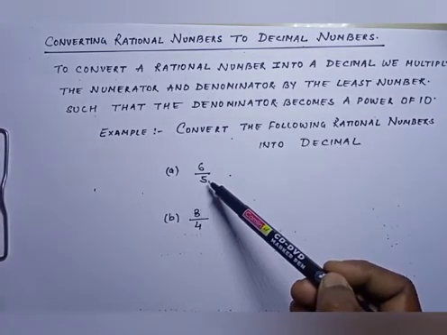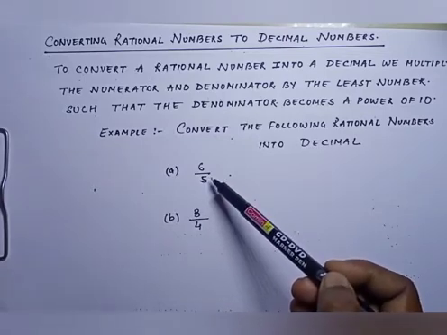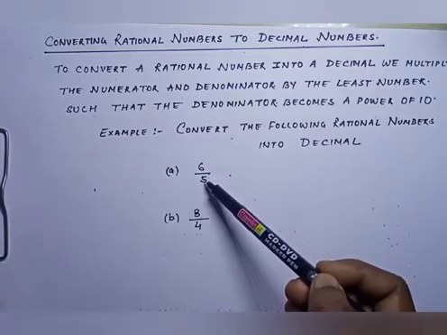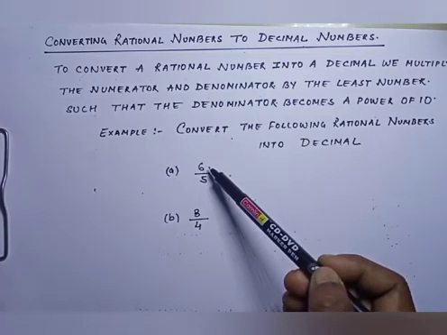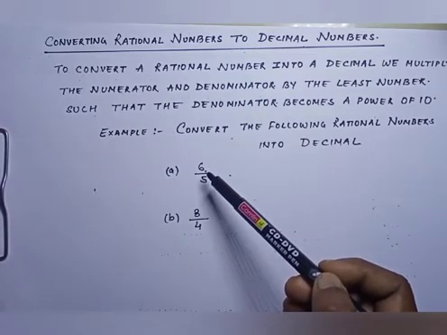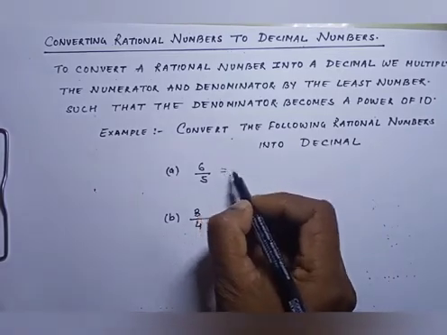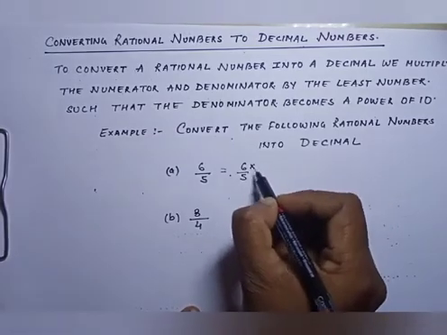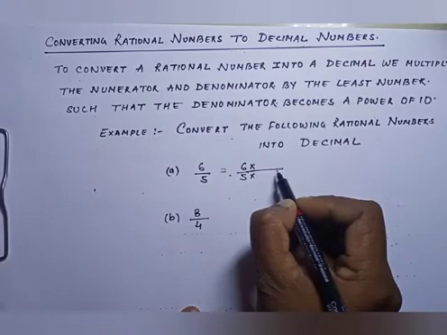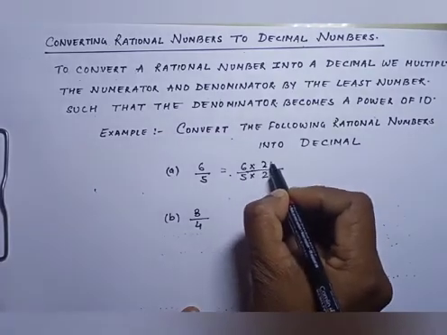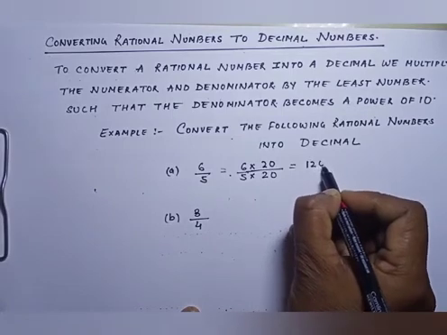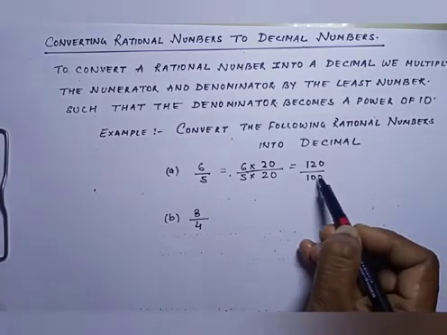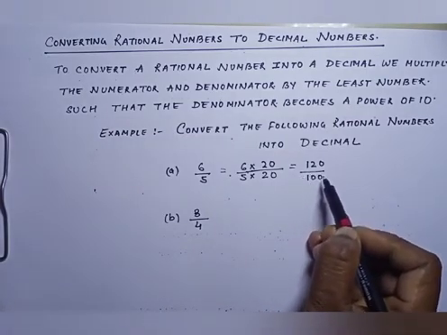So I have to find such a number by which I multiply 5, so the denominator becomes a power of 10. The same number that we multiply by 5, we multiply the numerator 6 by also. So let us see with the help of an example. If I have to convert 6 upon 5, to make 5 a power of 10, I am going to multiply 5 by 20 over here and 6 by 20 over here. So it will become 120 upon 100. You can see the denominator has become a power of 10.